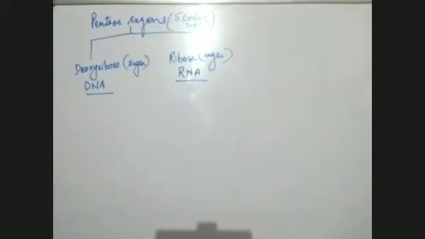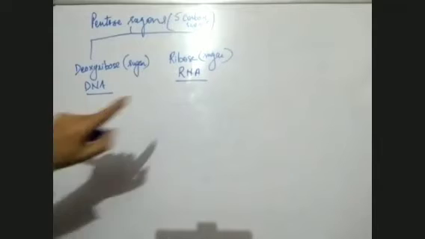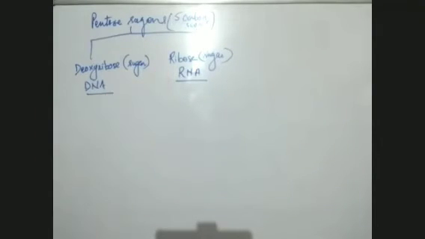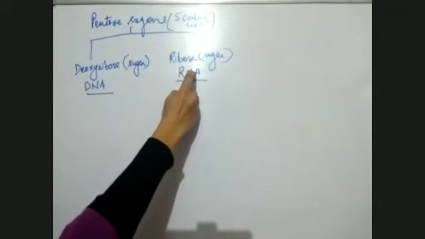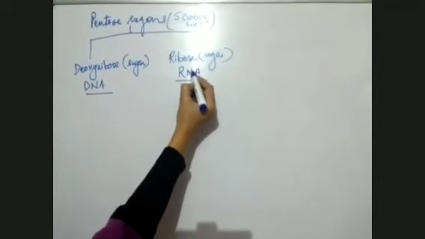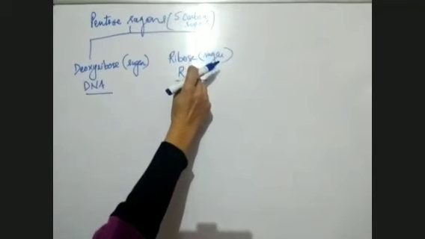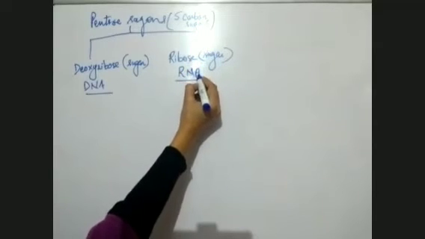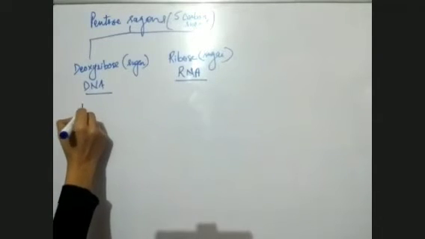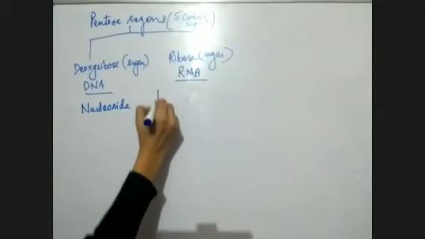It is not that DNA is made up of only this deoxyribose sugar, or RNA is made up of only this ribose sugar. Besides this, a few more things are present in them, which I'm going to tell you. See, I'm repeating it because you have got confused between nucleoside, sugars, everything. That's why I'm summarizing it again. Just now, some students said nucleoside. So what is nucleoside and nucleotide?